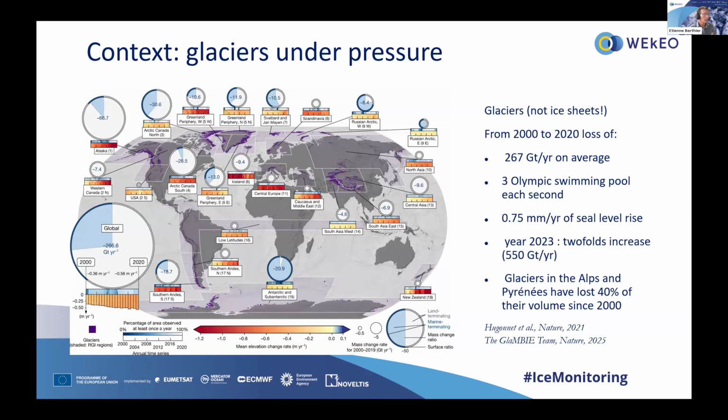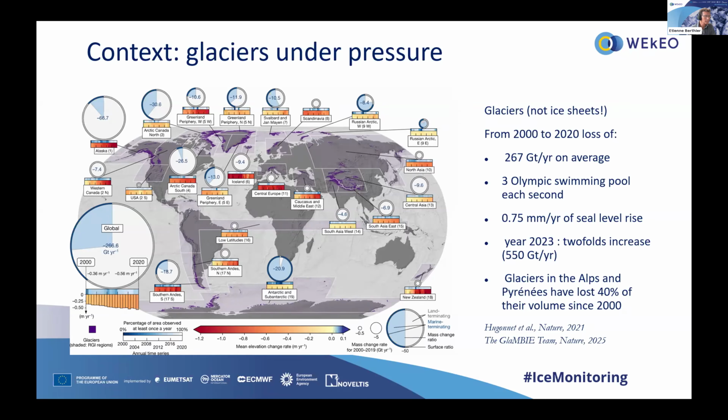The context was already nicely introduced by Andrea in his talk. Glaciers are really under pressure of global warming. This is a complex figure from a paper published back in 2021 that shows a comprehensive view of glacier mass loss on Earth. The size of each square is proportional to the mass loss of each region on Earth. You can see that Svalbard in the far north are indeed losing mass, but everywhere on Earth, glaciers are